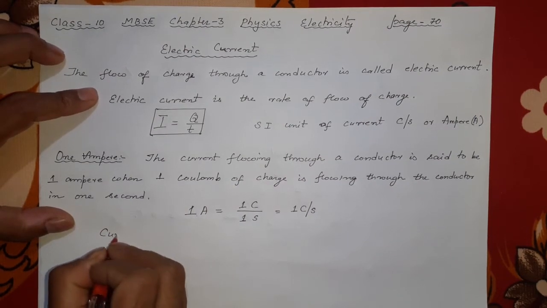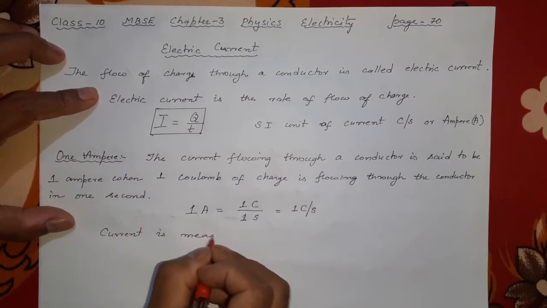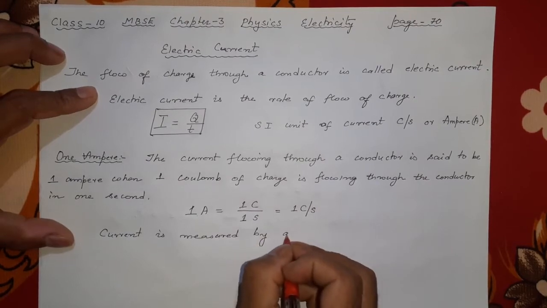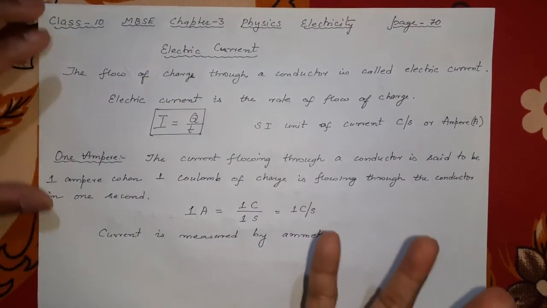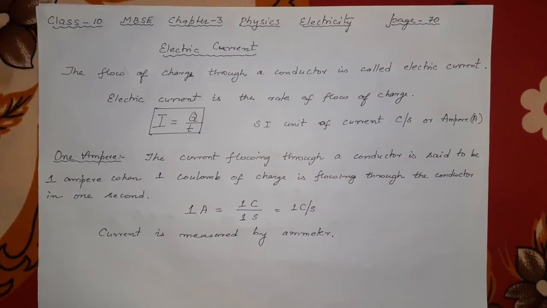Current is measured in what? Current is measured, this is important, by using what? Ammeter. Ammeter is just like voltmeter, another box which is there in the lab. In the physics lab you can see a small box will be there, and in the textbook also it is there. On page number 70, on the bottom right side, there is the ampere sign, A sign,